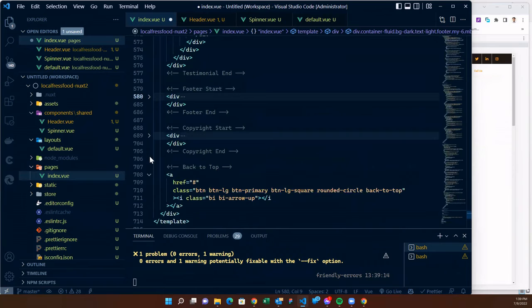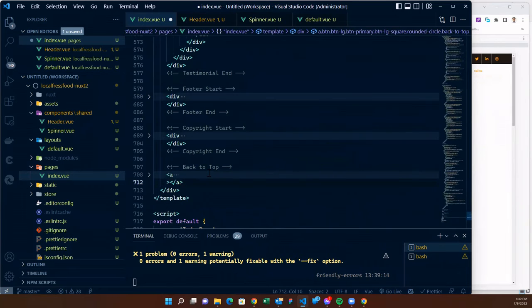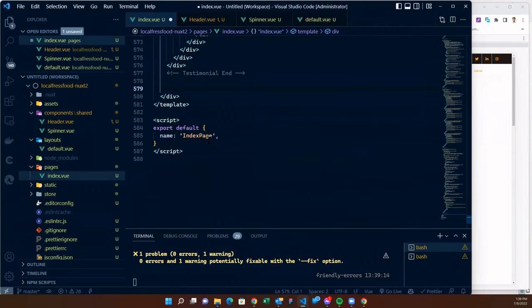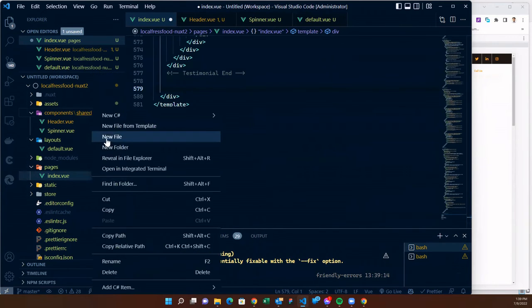So footer, copyright, and back to top. All of this is actually part of the footer. Yeah, so we will just copy all of them. And then in shared component, we'll get another